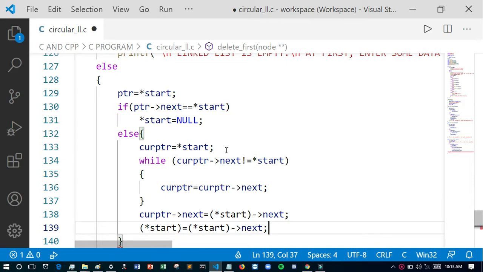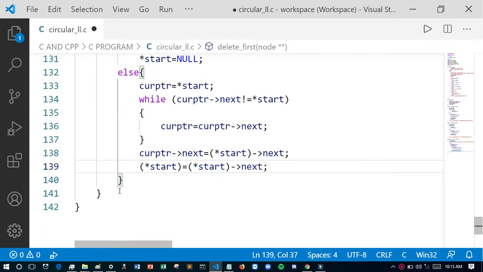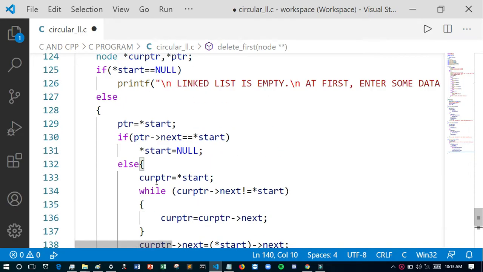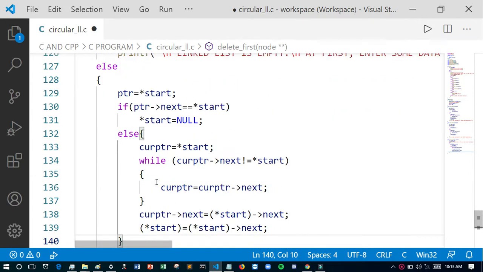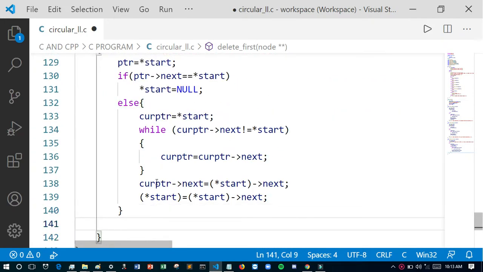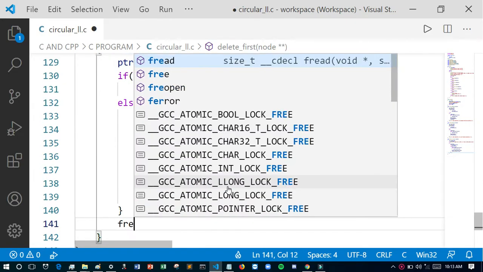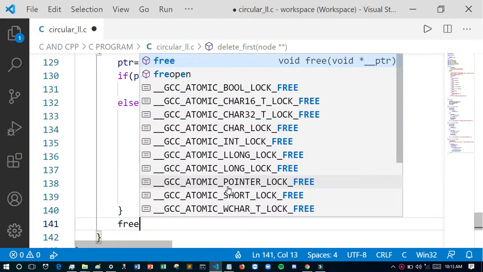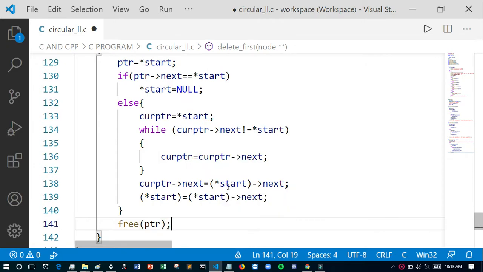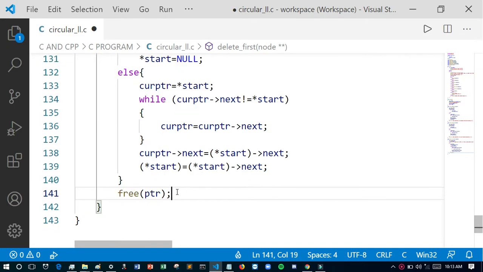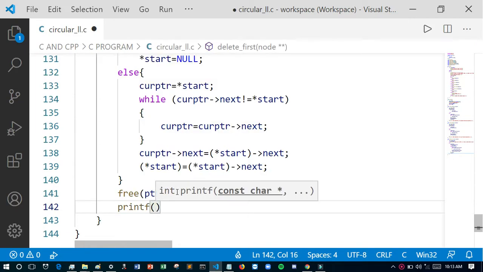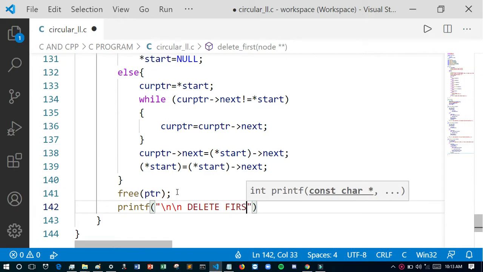If we do not modify, we will lose the whole linked list, and then I have to free ptr. Free ptr. In this line we have deleted this node, and then we will print that delete first node successfully.